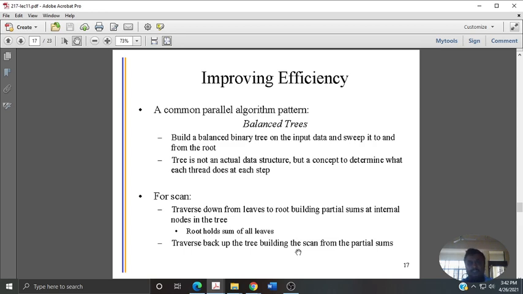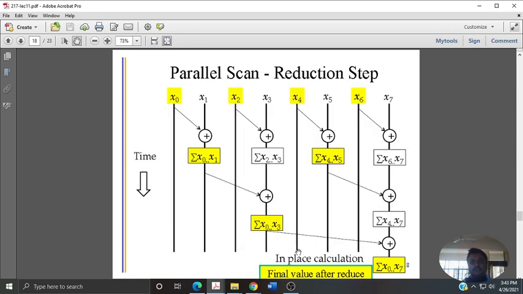So to improve efficiency, you had the approach of balanced trees. A balanced tree is symmetrical across some mid element, and then a reverse scan. Say first you want to reduce the elements, and then do a reverse scan, so that in-place substitutions or computations can happen. With respect to that, one example with 7 elements, what is happening is again the same stuff: you are adding the neighbor elements, okay.